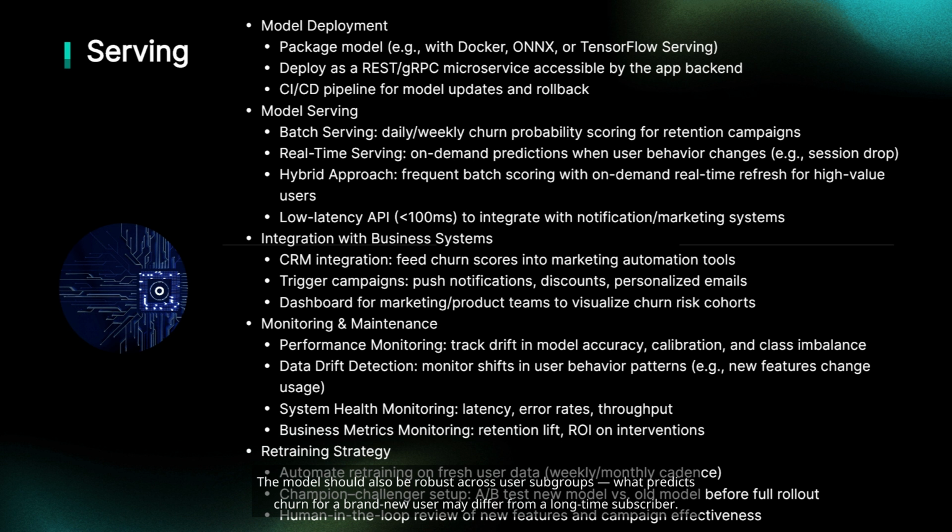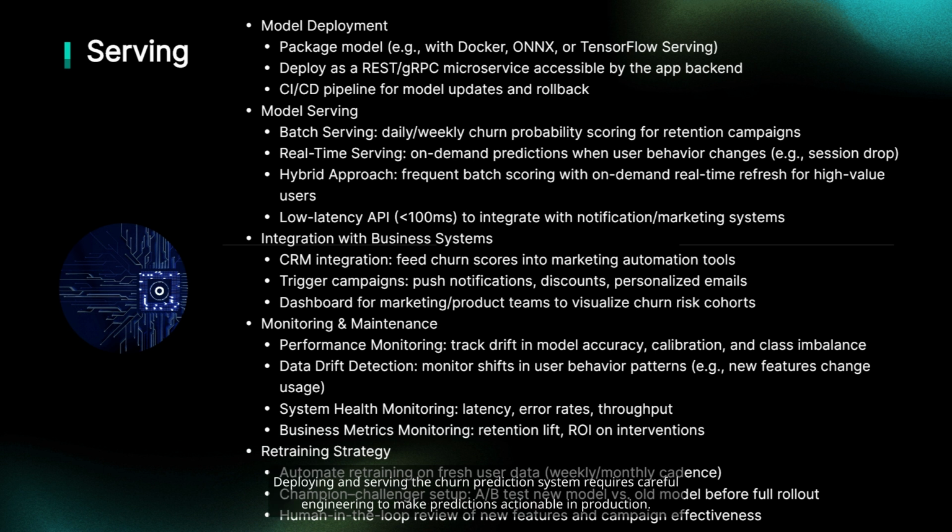What predicts churn for a brand new user may differ from a longtime subscriber. And we must monitor fairness, ensuring interventions do not unintentionally discriminate across demographics or user cohorts. This multi-layered evaluation framework ensures that the churn prediction system is not just accurate, but also actionable, trustworthy, and impactful